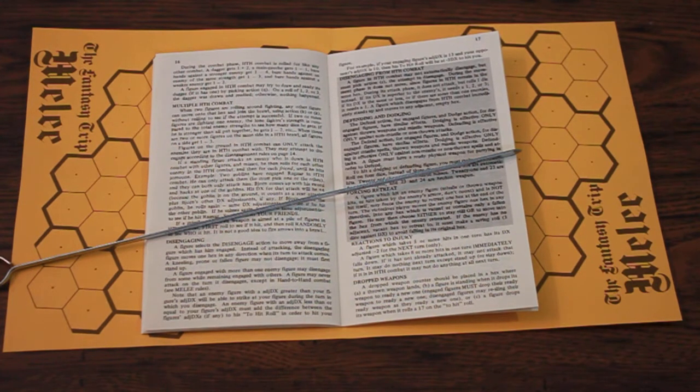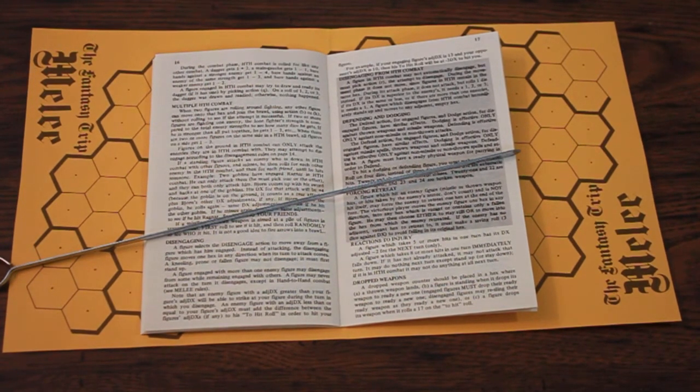During the combat phase, hand-to-hand combat is rolled. A dagger gets 1+2. Main gauche gets 1-1. Bare hands against a stronger enemy gets 1-4. Bare hands against an enemy of the same strength gets 1-3, and bare hands against a weaker enemy gets 1-2. A figure engaged in hand-to-hand combat may try to draw and ready its dagger if it has one